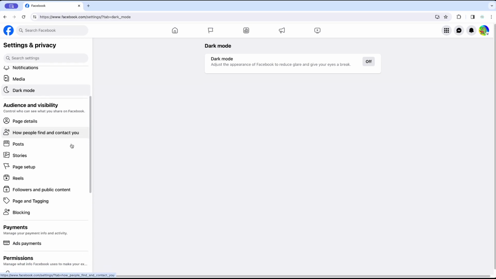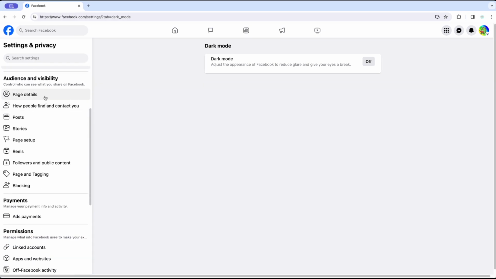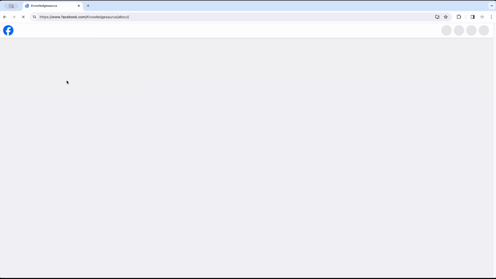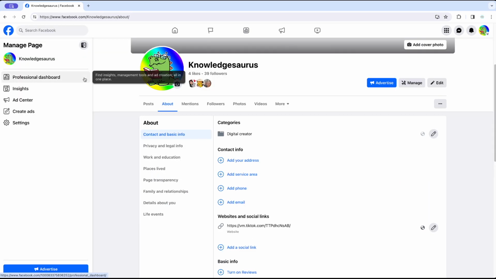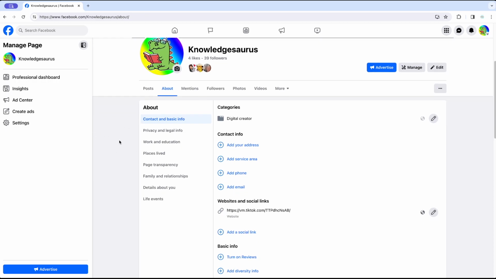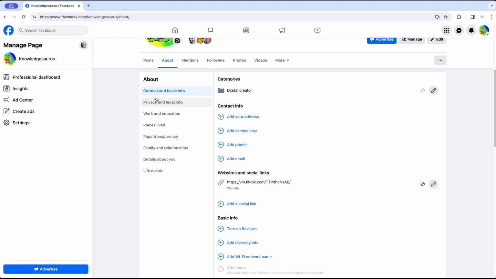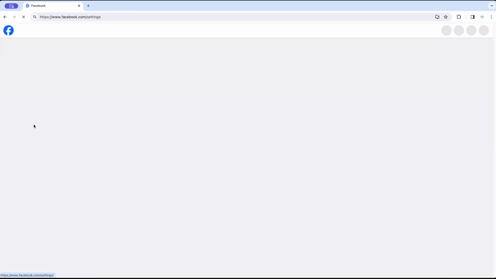Now, if we scroll down, we have audience and visibility. Now, this is where we're going to have the majority of settings. So if we click into page details, you're going to see all these different settings and things you can do when creating your page. And we'll do a separate video on this, just going through how to fill all of this out. But that's where a lot of these settings are. And again, separate video for that. So we're going to go back to our settings here